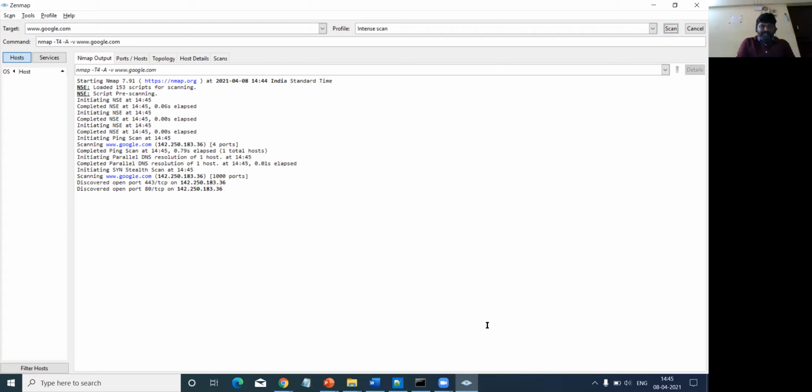Can you all see the execution window? You can try in parallel. You can type any website or any IP address which you know. At the end, if you are not sure, see, the attacker may not know the complete details of the devices. He might know about a website, say for example google.com or facebook.com, right? If I wanted to attack a particular machine, first I might enter the domain name or the website address, right?